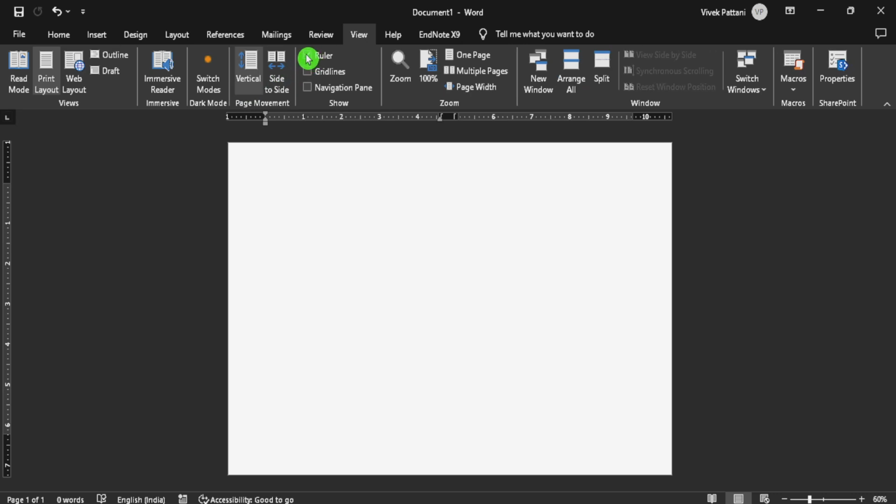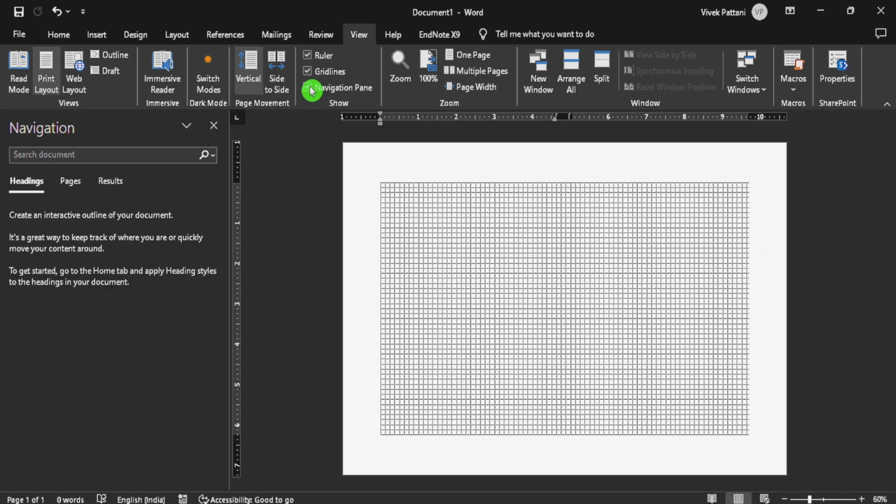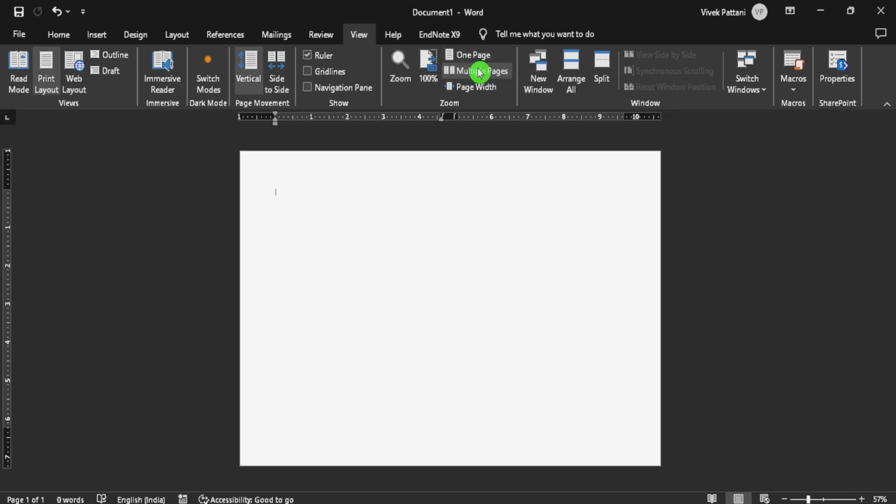Now if you want to view ruler, okay, this is the ruler on both the sides. If you want to use the grid lines, but these grid lines will not be seen when you print the document. Now if you want to use the navigation pane, this helps when you have a very large document, but it works more properly if I've used the different styles which are given in the Word. Okay, now if you want to use multiple pages option, if you want to zoom in, zoom out options,